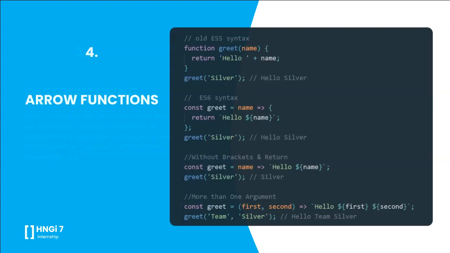So let's look at the fourth thing you need to learn to be a better React programmer, and the first one is arrow functions. Let's look at the evolution of arrow functions from ES5. How do we write functions in ES5? We needed to use the function keyword. Then the next thing is we are going to name